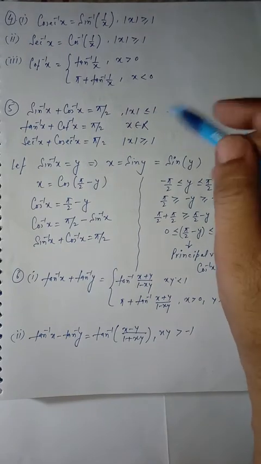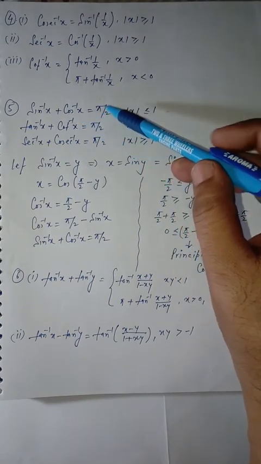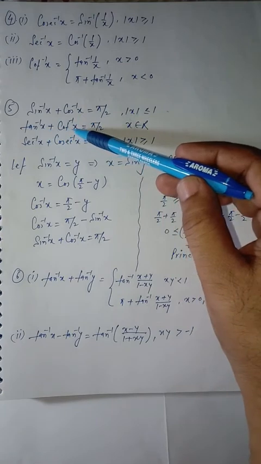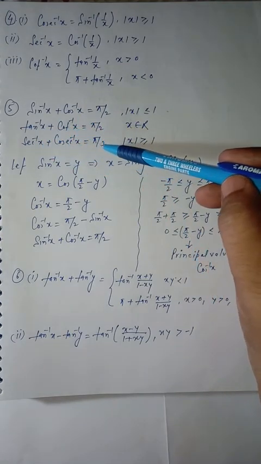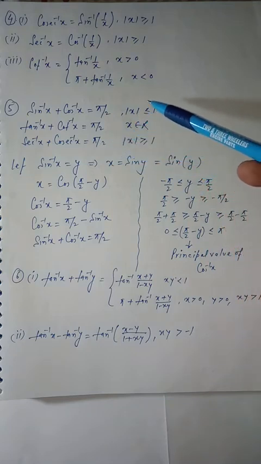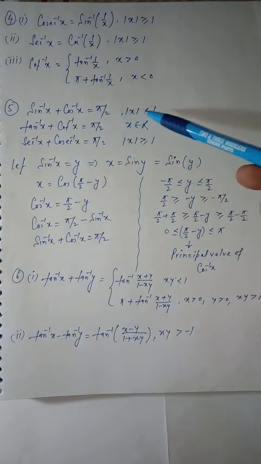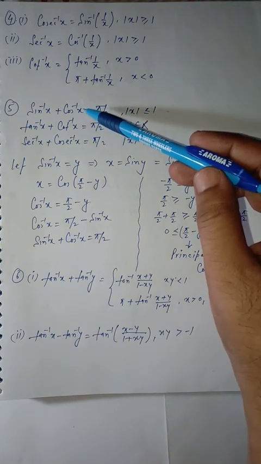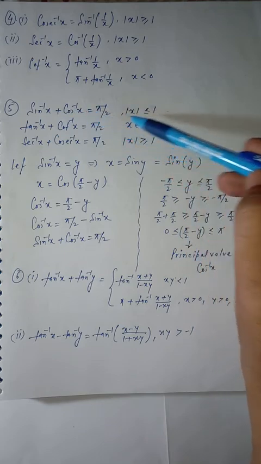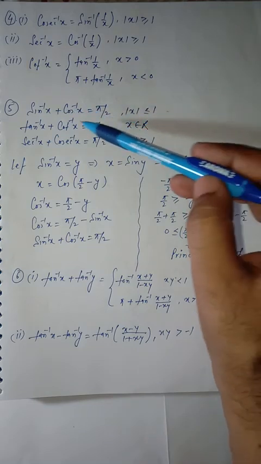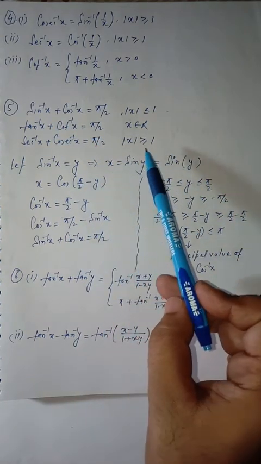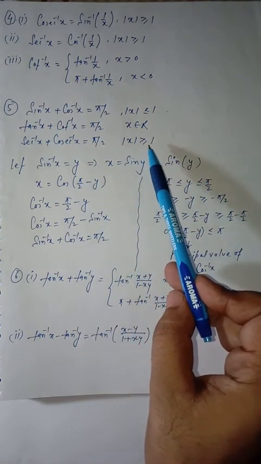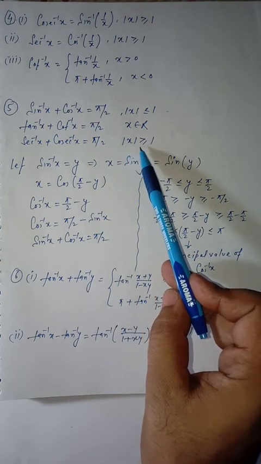Take these universal formulas. Sine inverse x plus cos inverse x is always pi by 2, whereas tan inverse x plus cot inverse x is also pi by 2, and sec inverse x plus cosec inverse x is also pi by 2. This formula is correct when x is from -1 to 1 for sine and cos, as that is the domain of these functions, whereas when x belongs to real numbers, it is true for tan and cot, and for sec and cosec, x must be greater than or equal to 1 or less than or equal to -1.